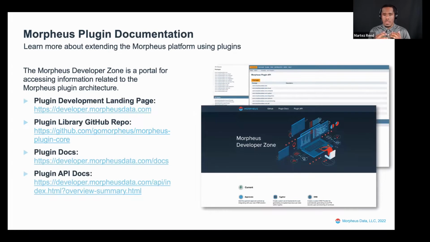So additional information about plugins can be found utilizing some of these resources that we've listed here. There is a plugin development landing page, developer.morpheusdata.com, which is a great source for additional information about plugins. The landing page for developers has several links, some of which are shown here, to a Git repo with various samples, as well as the actual core library API code,